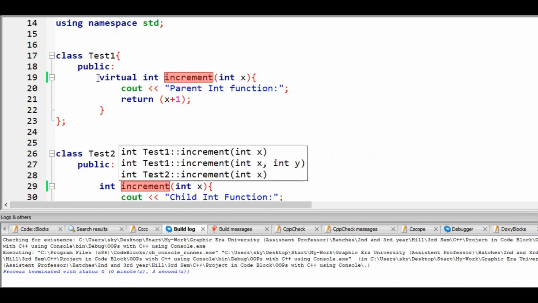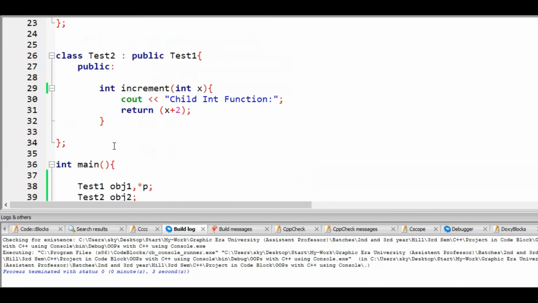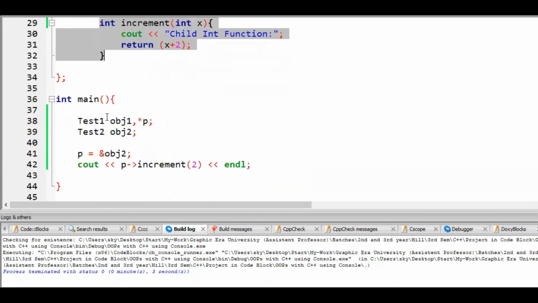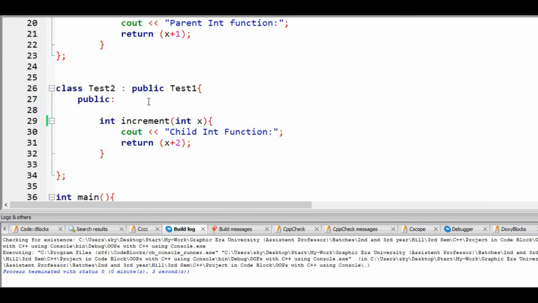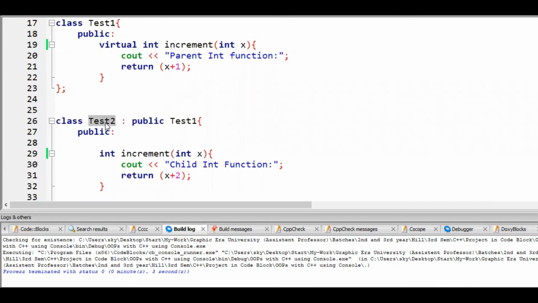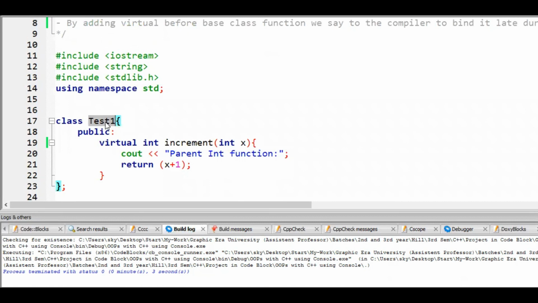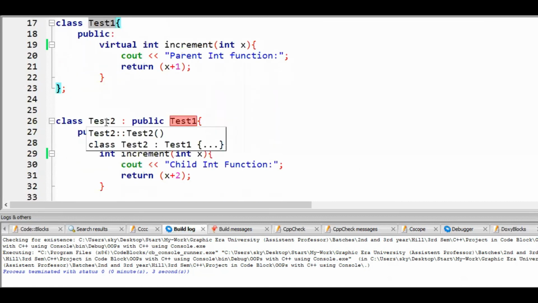If this is the virtual function, then this is also a virtual function because we are overriding it, right? Even if you write it or don't write it, this will also be considered a virtual function. So the compiler would not bind it during the compilation time. At the runtime, this statement will be resolved, and this will hold the address of the object 2 class, even though this is of test1 type, right?